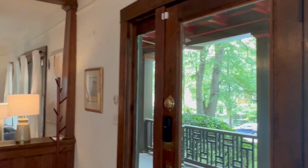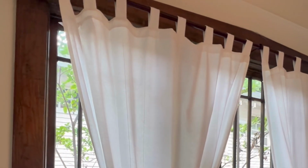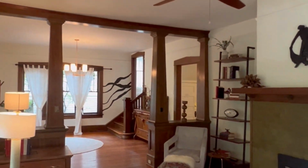As you walk in, one of the first things you notice is all this beautiful woodwork, all the details, the trim on the windows. It's really wonderful that they were able to preserve so much of the original character of this gorgeous home. So just off of the entryway is the living room with this amazing fireplace, walls of windows